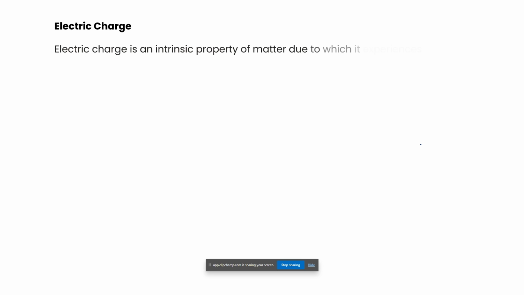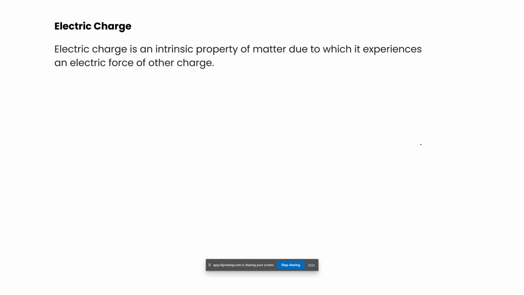Today we are going to learn electric charge. So what is electric charge? Electric charge is a property of matter, and because of this property the particle or matter experiences a force of another charge or exerts a force on the other charge. That is electric charge. Now this property is called intrinsic,